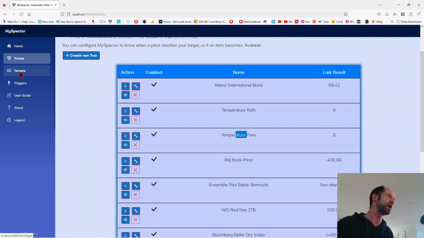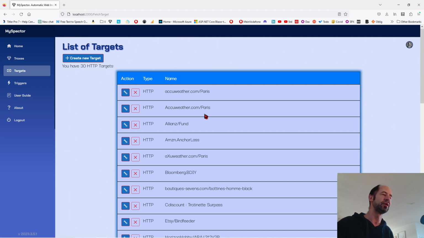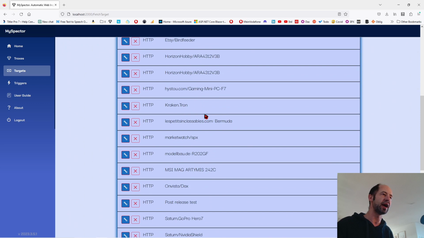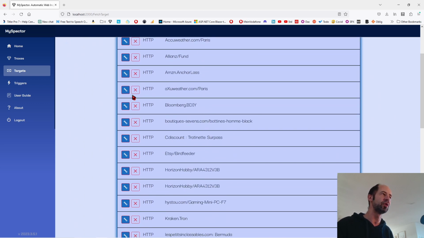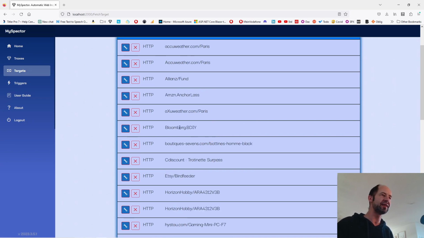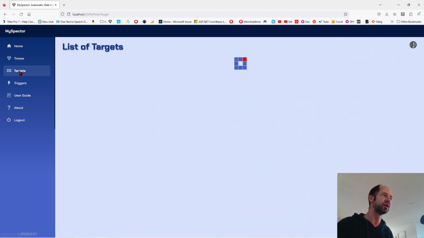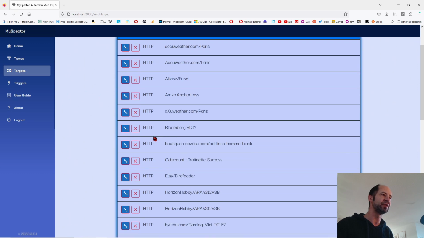In the target page, here I have the full collection of the remote websites and I can manage them, and if no target is attached to any trucks, I can delete them. I am allowed to delete only if there are no trucks attached to it. So one of the problems is, if I click on the delete button, I pop up an error message and I want to scroll to see the error message at the top of the page.